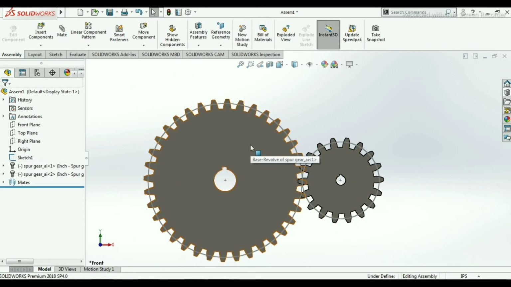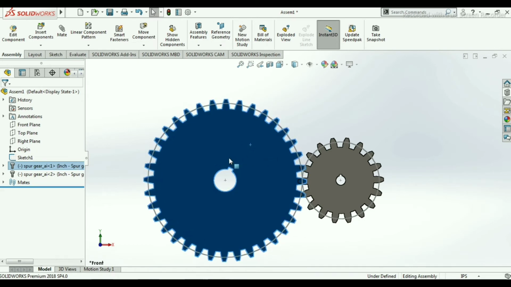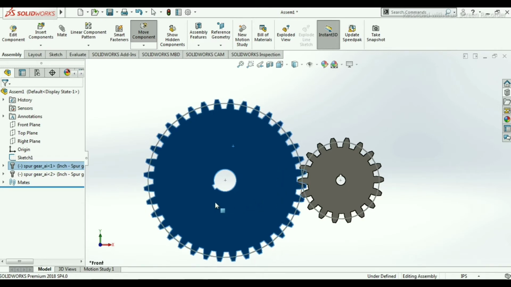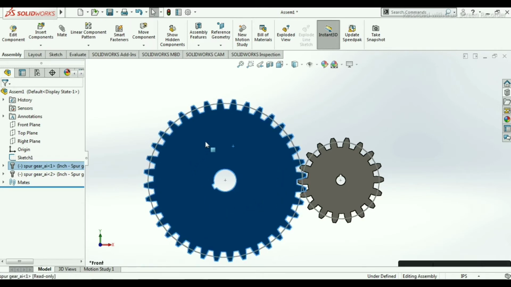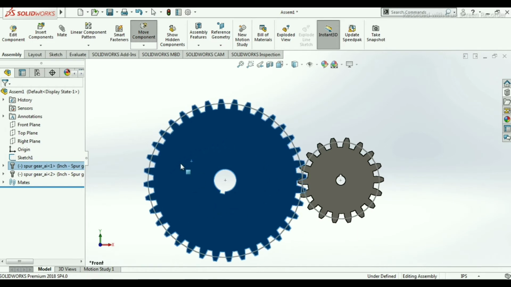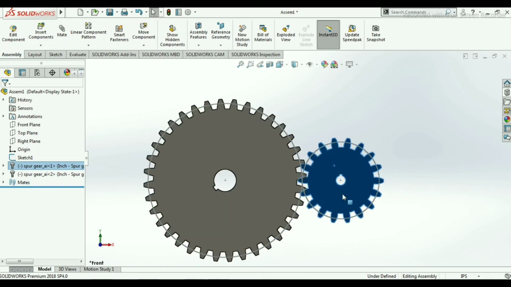This way you can fix this. Now if you drag this spur gear is fixed at the same origin point, it cannot be moved. So while adding the relation, you can add both these relations to this spur gear so that it can rotate properly. So my spur gear is rotating at the same origin point.